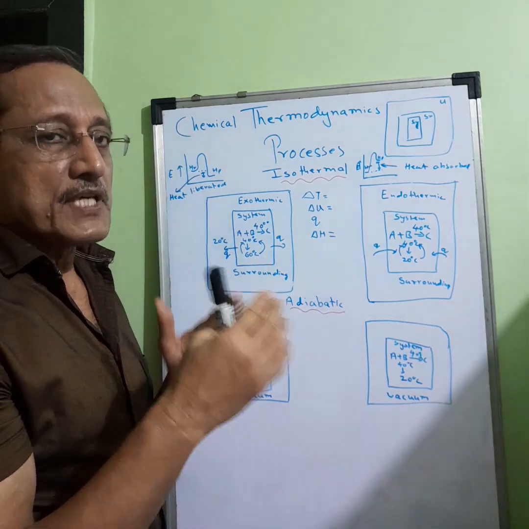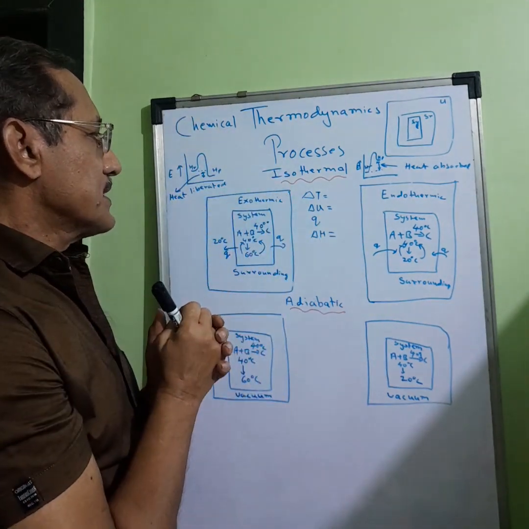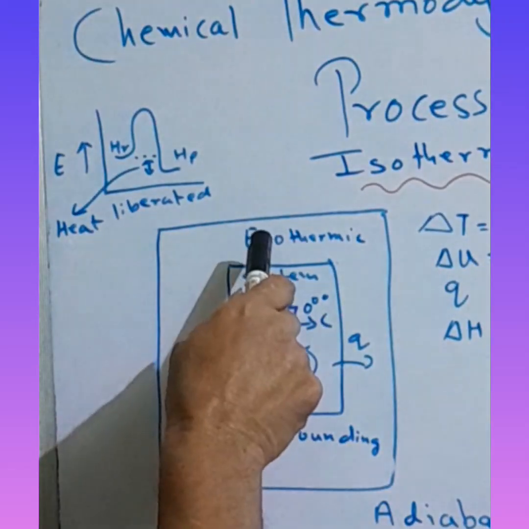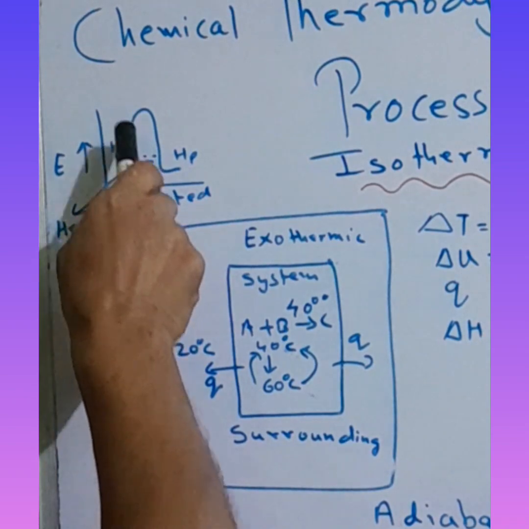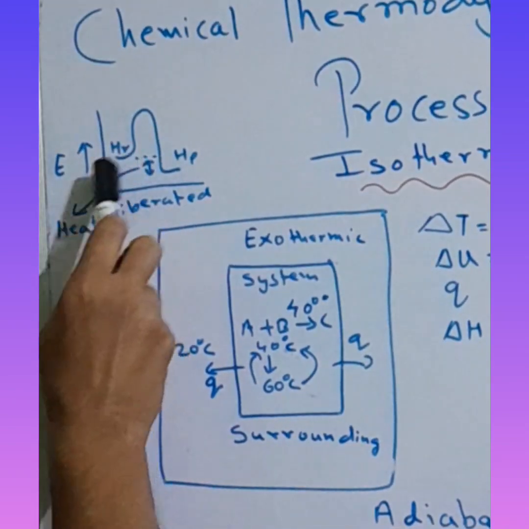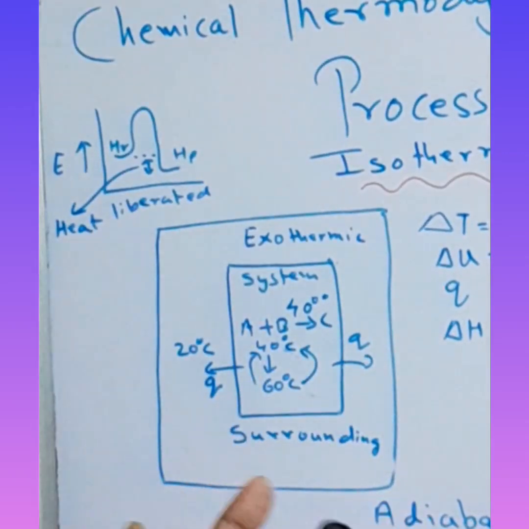In my earlier videos, I have talked about exothermic and endothermic processes. Just to recap, in case of exothermic process, this is enthalpy of reactant, this is enthalpy of product, and this is the quantity of heat that is liberated to the system. So the system gets heated up. Like for example, I'll just give you an example. If I take a test tube,